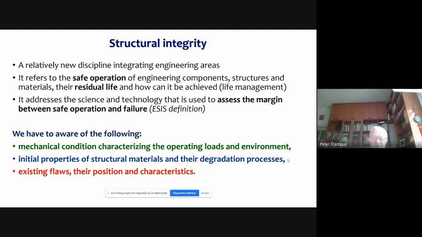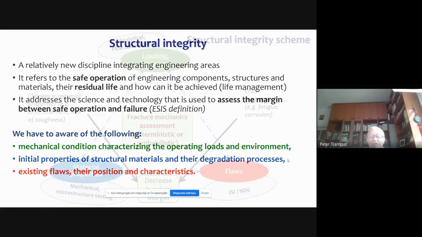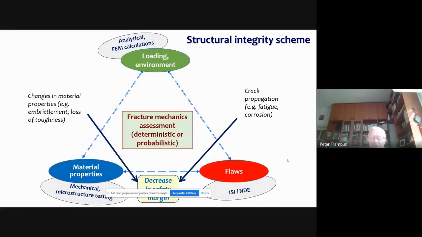And of course, we need to know the existing flaws, their position, and the characteristics. And this is the scheme which I think can illustrate this structural integrity assessment very clearly.